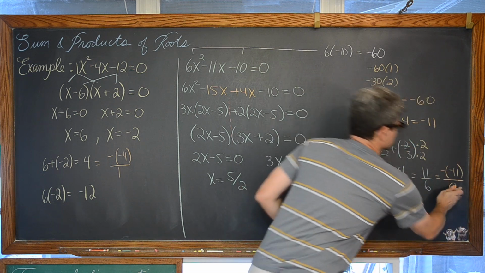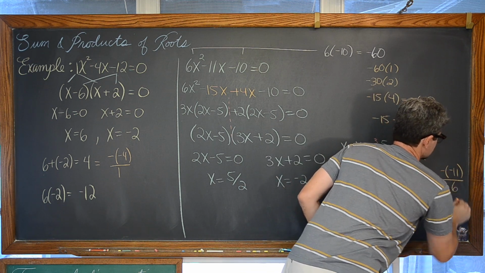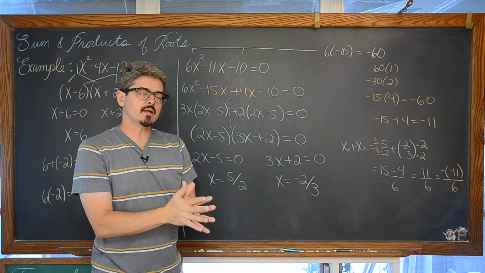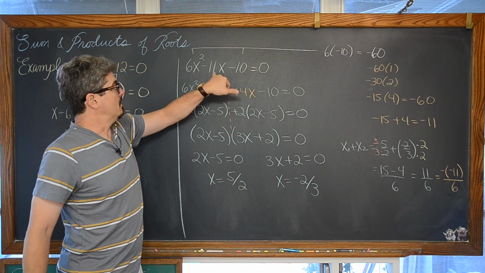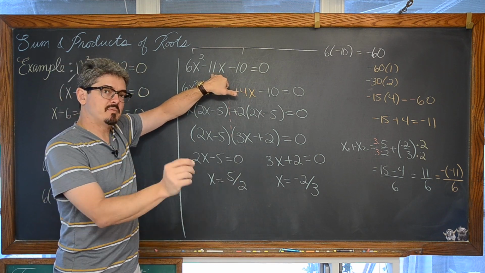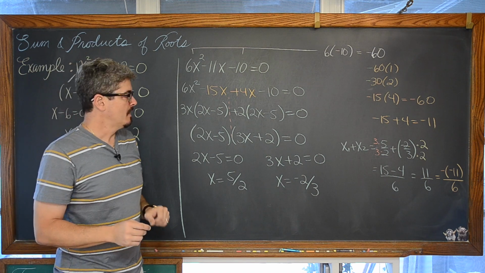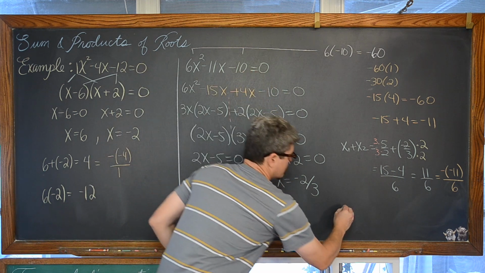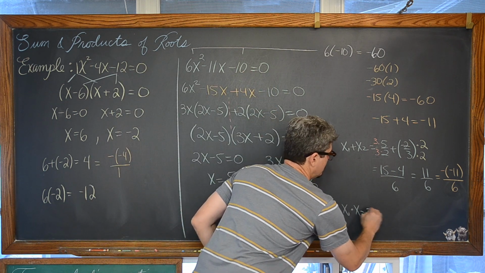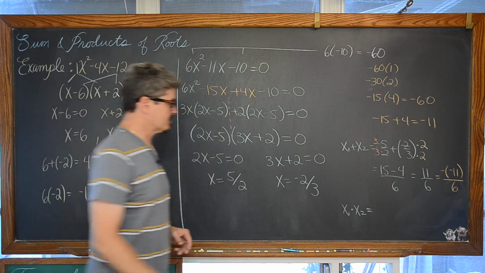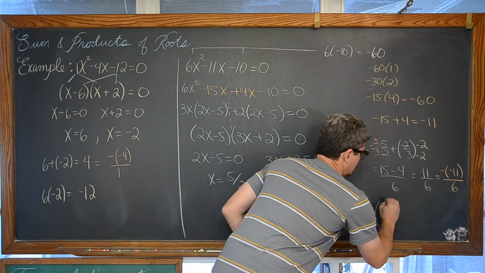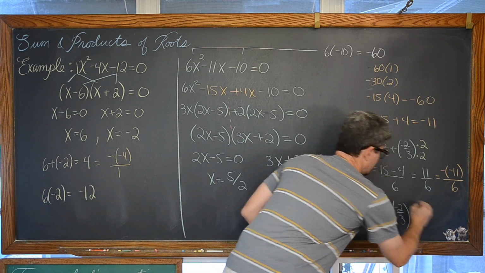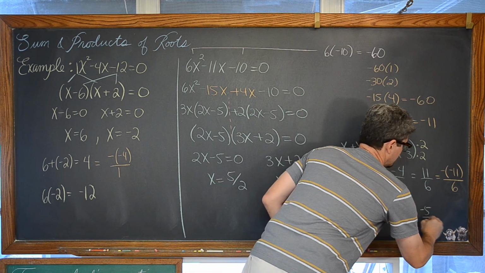So, whoops, what I'm about to show you here is a sort of summary statement. The sum of the 2 roots of a quadratic is equal to the opposite of the coefficient of b divided by the coefficient of a. Now, if we look at the roots multiplied together, if we look at x sub 1 times x sub 2, then we're looking at 5 over 2 times negative 2 over 3, giving us, with the 2's canceling out, negative 5/3.